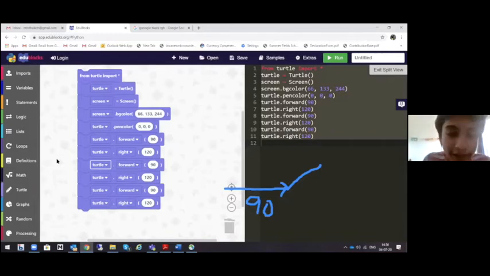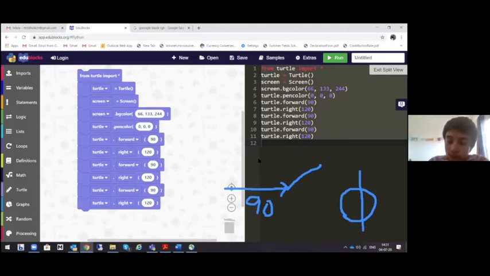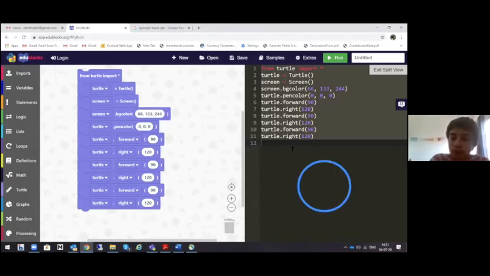So always remember, the add-up of outside angles, right? Whatever angles you turn, the sum of all the angles should be 360 degrees. Because whatever polygon we are making, at the end we are coming back here. So in a square, we are taking turns 4 times. Forget my drawing right now. Let me do it again, a bit better way. So always you have to turn how much? 360 degrees. One full circle is 360, right?